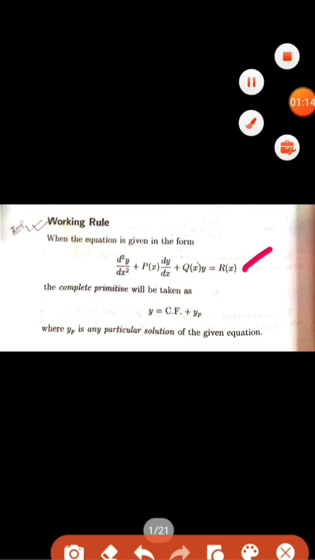Let us take a differential equation like this: d square y by dx square plus p(x) dy by dx plus q(x) into y equals r(x). We have taken a second order differential equation, and here in the right hand side you can see a function of x, that is r(x). We will discuss varieties of topics on the basis of what r(x) will be given. Also, here you can see a function multiplied with y, that is q(x), a function of x also, and also multiplied with dy by dx, a function of x, that is p(x).